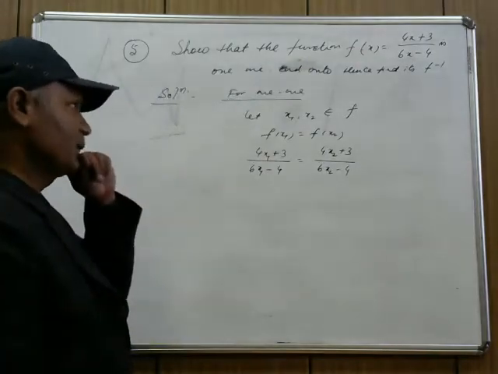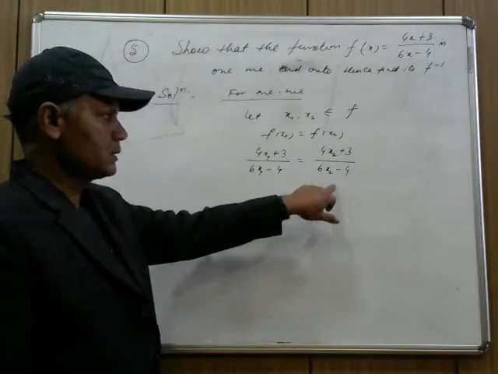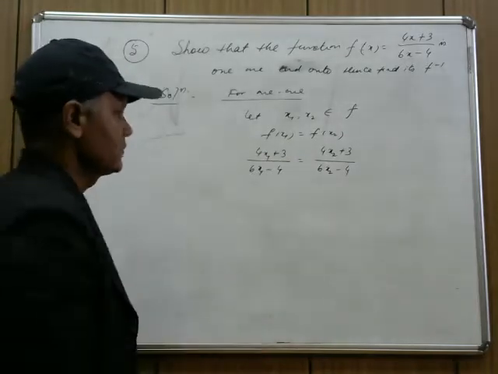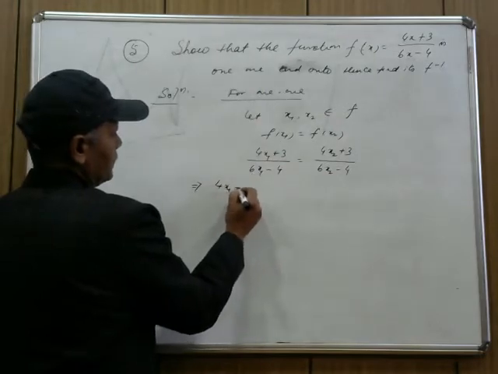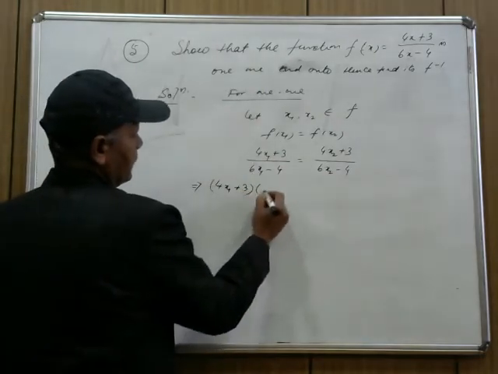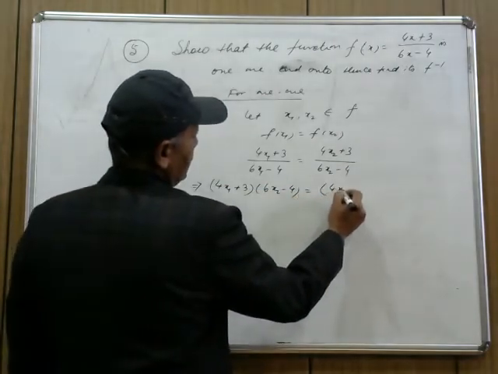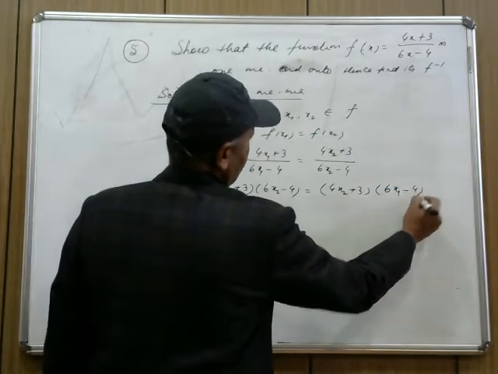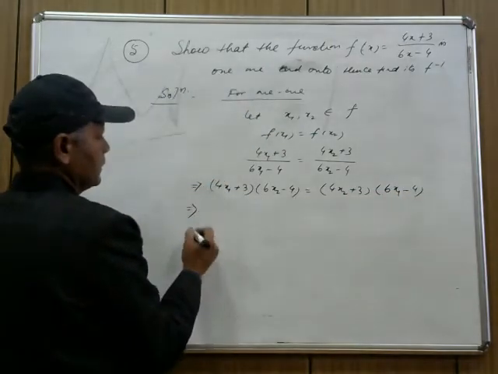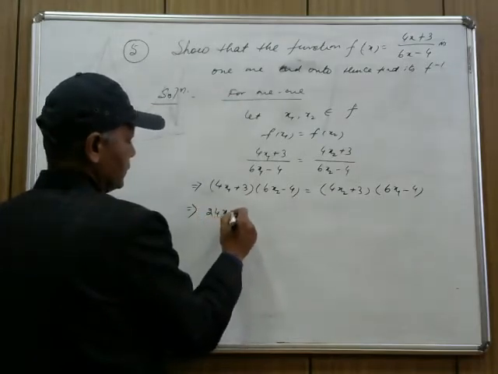(4x1 + 3)/(6x1 - 4) = (4x2 + 3)/(6x2 - 4). It implies that (4x1 + 3)(6x2 - 4) = (4x2 + 3)(6x1 - 4). It implies that 4x1 times 6x2 gives 24x1x2,